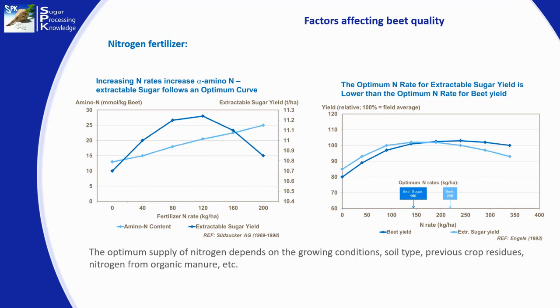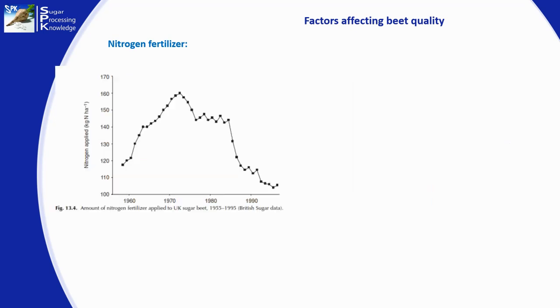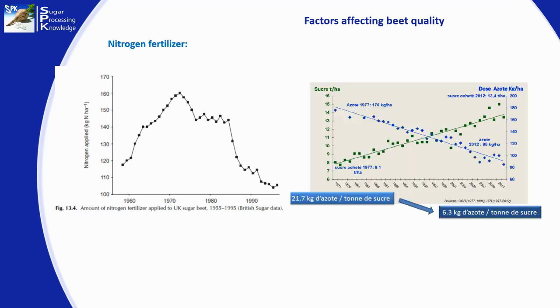In this graph, we can see the evolution of the fertilizer nitrogen rate in Great Britain between 1955 and 1995. So we can see the decrease in the fertilizer nitrogen rate during those years. Between 1977 and 2012, the dose of nitrogen applied in France fell from 176 kg per hectare to 85 kg per hectare in 2012. The sugar produced in tons per hectare increased from 8.1 tons per hectare to 13.4 tons